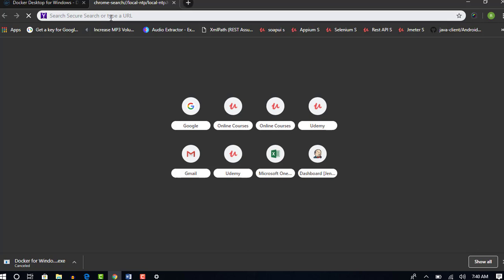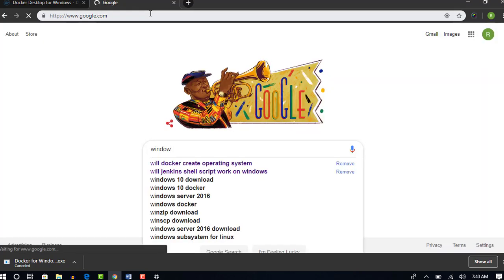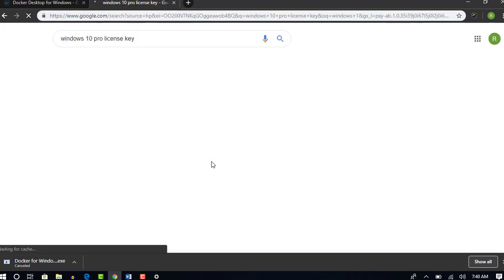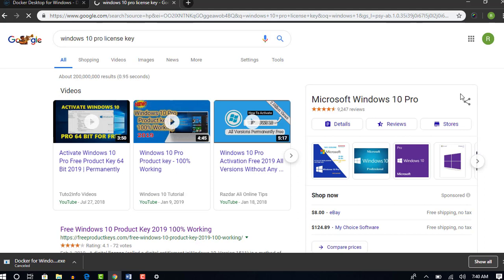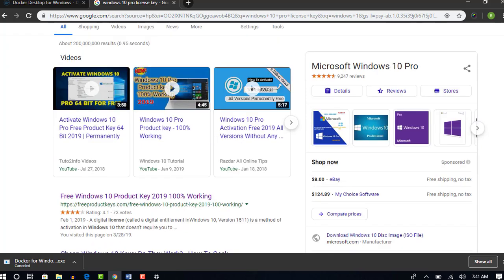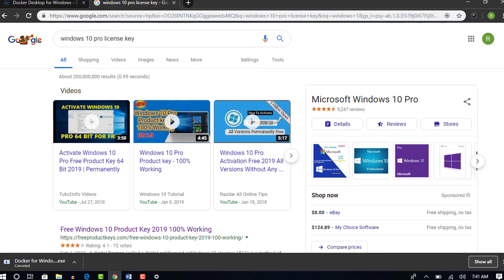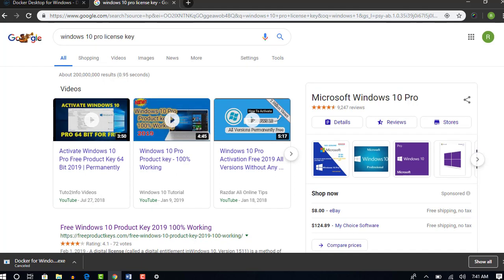I don't suggest any license which you get online for free, but again it depends upon your skills. If you can find one online for this Windows 10 Pro license key, you can go and get that. If not, with the App Store you may pay around $100, but there are some websites which can give it to you cheaper. You see there is eBay giving it for $8.